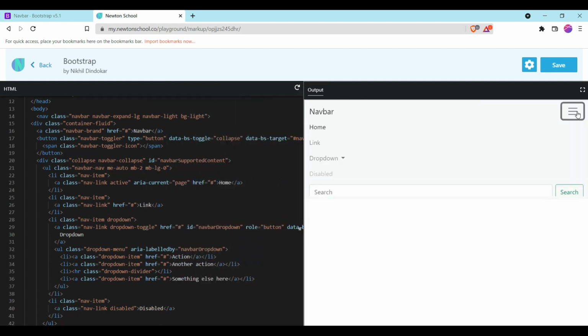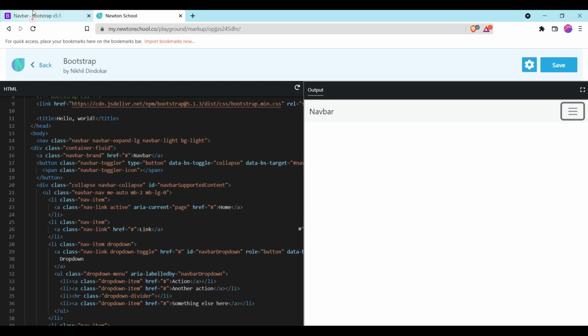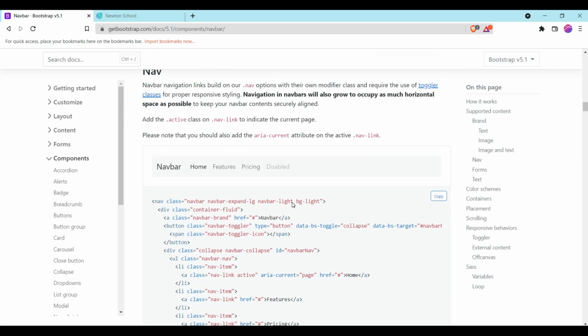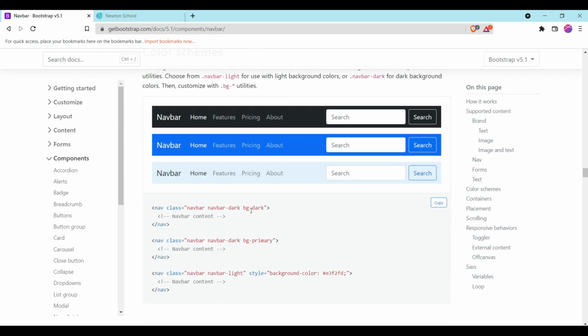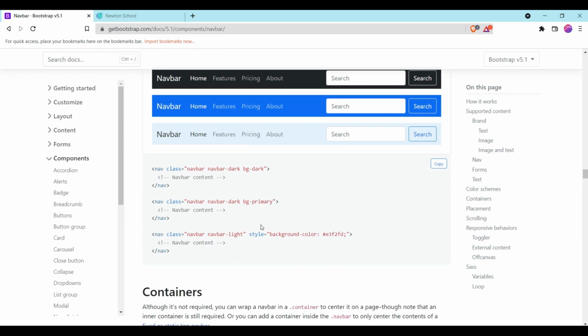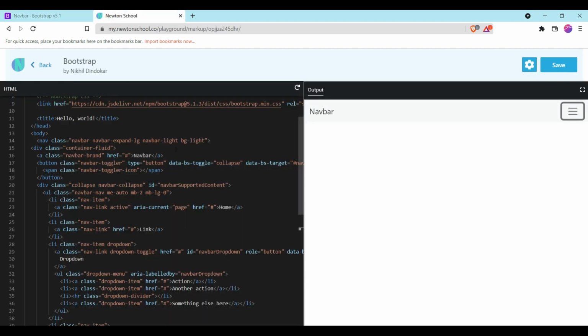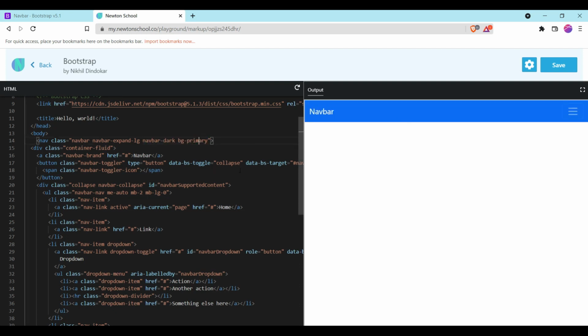And if you want to change the color of it, you can simply go down on the Bootstrap website and you can see this. If you want to use this, like you can see, after putting it, the color of the navbar is changed.